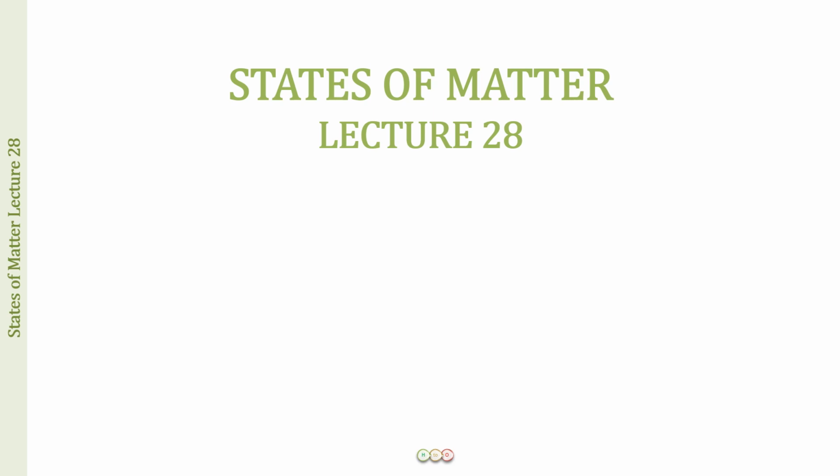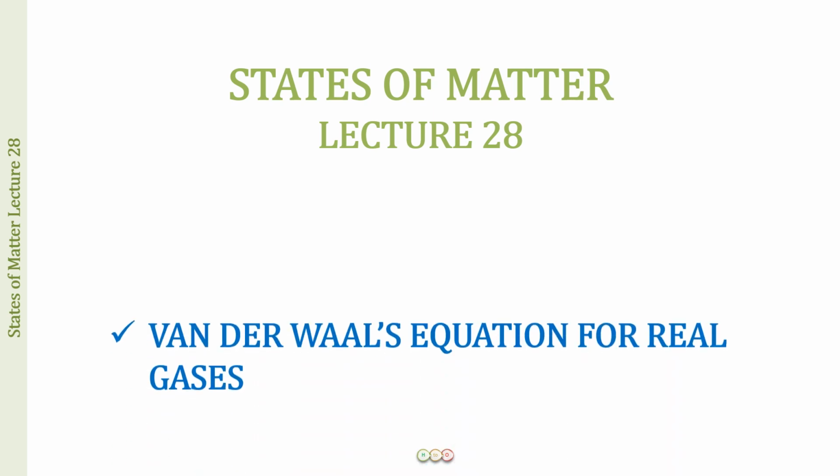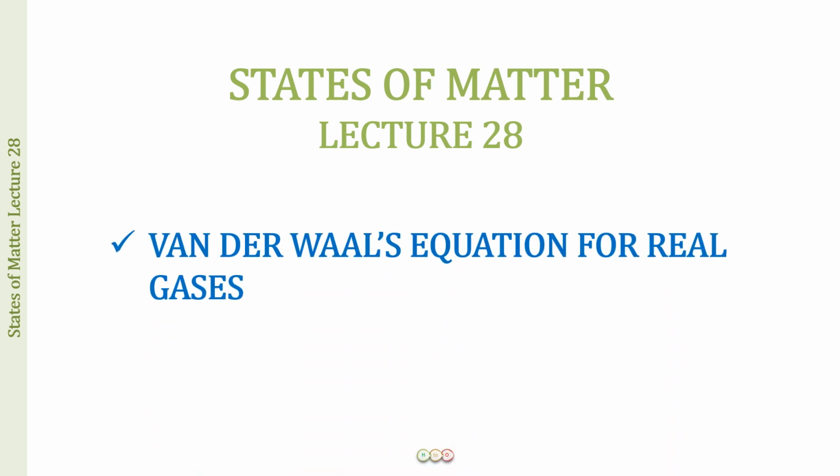So in this lecture, we will be having a recap of what we talked about in the last lecture related to the causes for the deviation from the ideal behavior, and then we will be developing an understanding of the van der Waals equation for real gases. We have an equation now for the ideal gases, that is PV equal to nRT, but that is not valid for the real gases. So we will be seeing how van der Waals, the scientist, gave us an equation for real gases, and this equation is also called the equation of state for real gases. Fine.